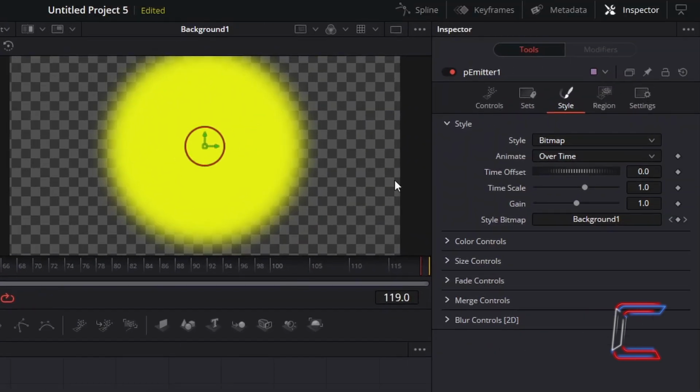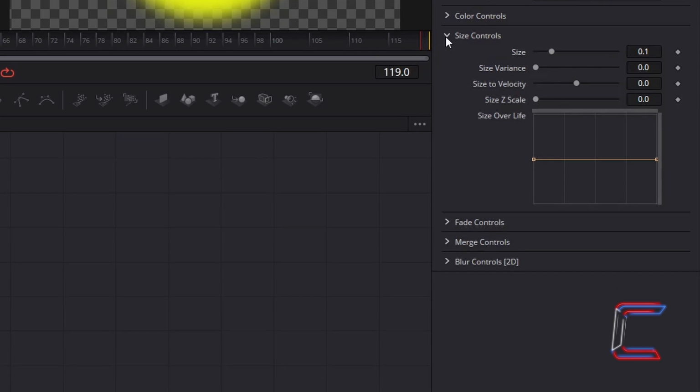Return to Inspector for P emitter 1, choose Size Controls. I will change the size of the particles from 0.1 to 0.045. And inside the Size over Life grid, drag the left-sided node downwards to a section just above the bottom line. Avoid dragging this all the way to the bottom. If you do, when you play your animation, the particles will be too small at the very beginning and will